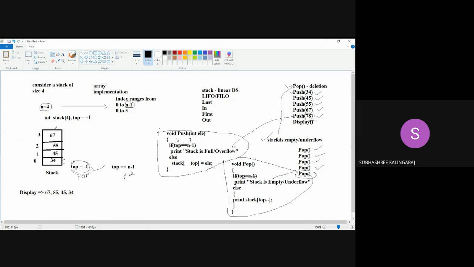When it comes to display, as I said, you cannot display an element from an empty stack. From a full stack, you can display. So there are two different cases: an empty stack and a full stack. When it comes to the pop operation, you're checking whether the stack is empty. When it comes to the push operation, you're checking whether the stack is full. Likewise, when you're trying to display an element, you have to check if the stack is empty. If the stack is empty, then I cannot display an element from an empty stack. So the primary thing is